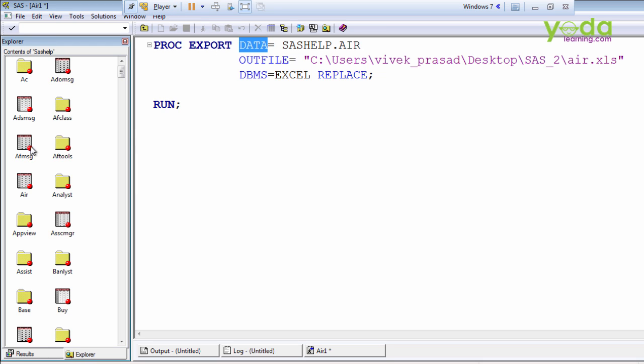Suppose this time I want to export the by dataset. So I mention here it's in the sasl library, so we mention sasl.by. Another one is outfile equals the path, where you want to save it. Suppose again I want to save it in a SAS2 folder and the file name is this time by,